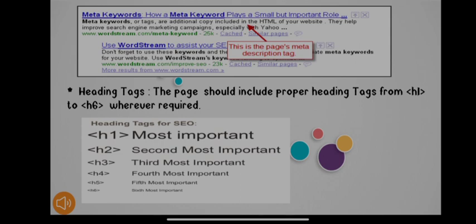So if I want to show my main title, what my website is about, I will use the H1 tag, so that it will be the largest. Then if I have a subtitle to display, I can place that content in the H2 tag, and I can use further tags as per my requirement. The smallest one is H6.